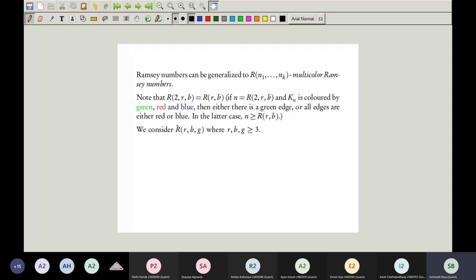So, when I first heard of this, I was very, very surprised. One can show that R33 is 17. This requires a little bit of work, but one can show it. What is more astonishing is that this is the only known multicolor Ramsey number, meaning there are bounds for all the other ones, but there's no exact value known for any of the other ones. R344, R444, R445, you just name it. And this is only for 3 colors. You can imagine how hard this is going to be for multicolors. There are bounds, there are recursions, but this is the only explicit multicolor Ramsey number known for red,